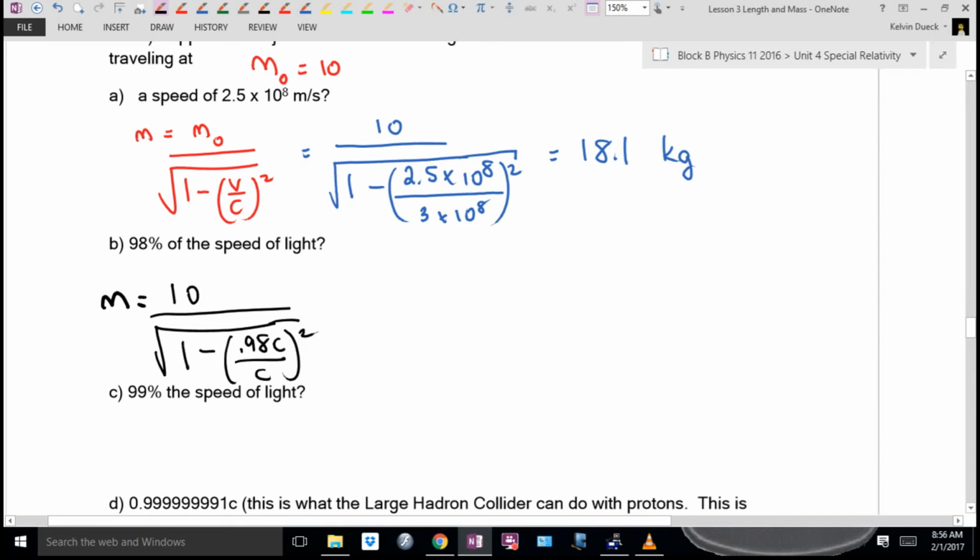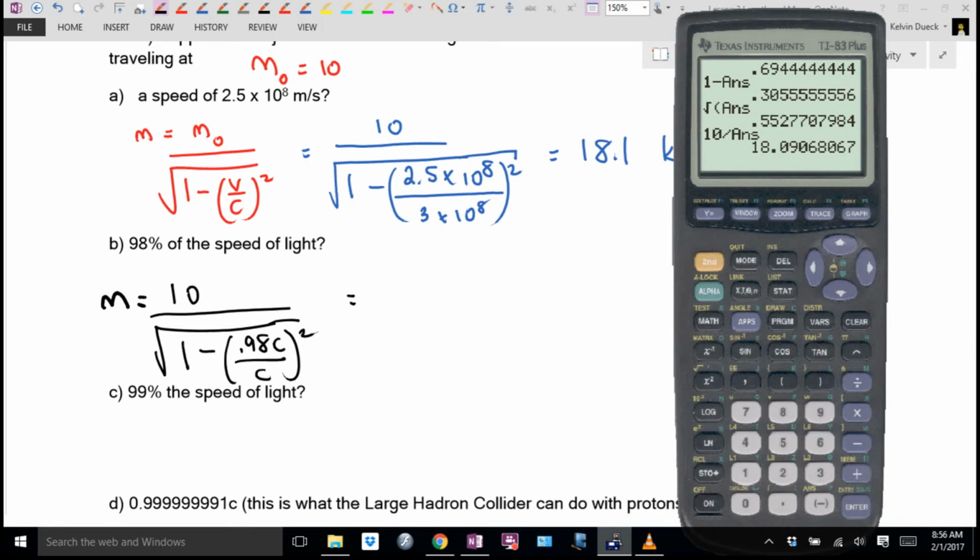Our rest mass is 10. Don't forget the squared. I'm going to see if I can type this in one shot: 10 divided by square root bracket 1 minus 0.98 squared. So if we're going 98% of the speed of light, this 10 kilogram mass would have a mass of 50.3 kilograms